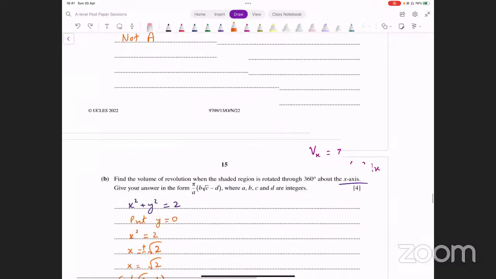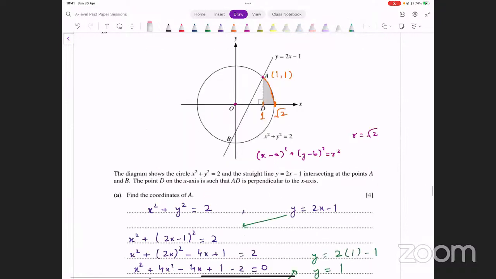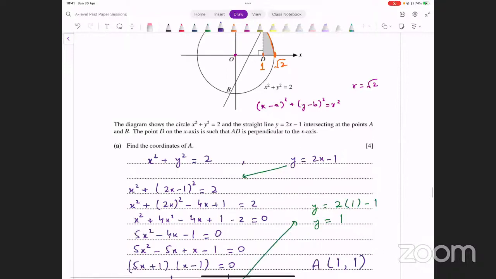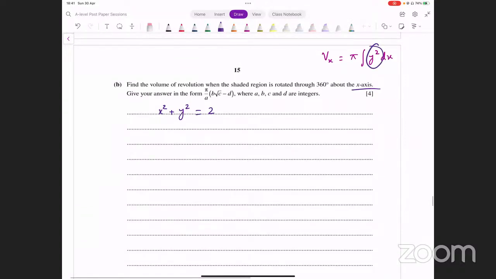अच्छा, अब हम क्या करते हैं? इसको मैं रेज कर देता हूँ, इसकी जरूरत नहीं थी। इसके बगैर भी आप डायरेक्टली फिगर आउट कर सकते हैं। लिमिट्स आ गई हमारे पास। ठीक है, अब हमें क्या करना है? y square को सब्जेक्ट बनाना है। This is what the equation is for the curve: x square plus y square equals 2. इस फॉर्मूला में इनपुट करना है, तो y square सब्जेक्ट चाहिए यहाँ पे।